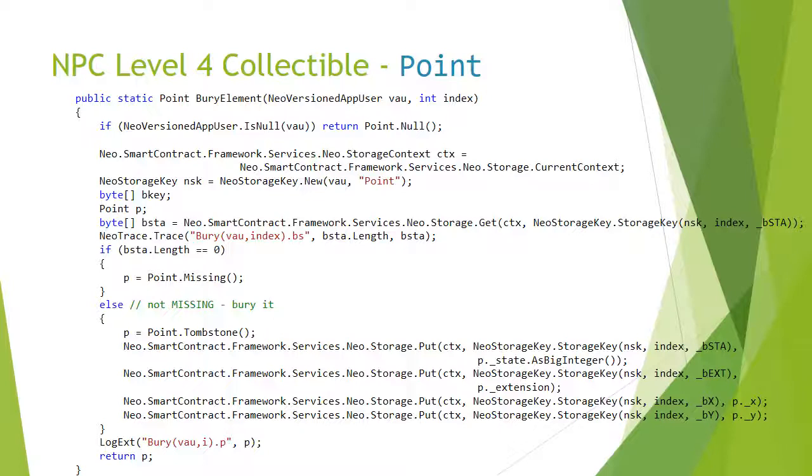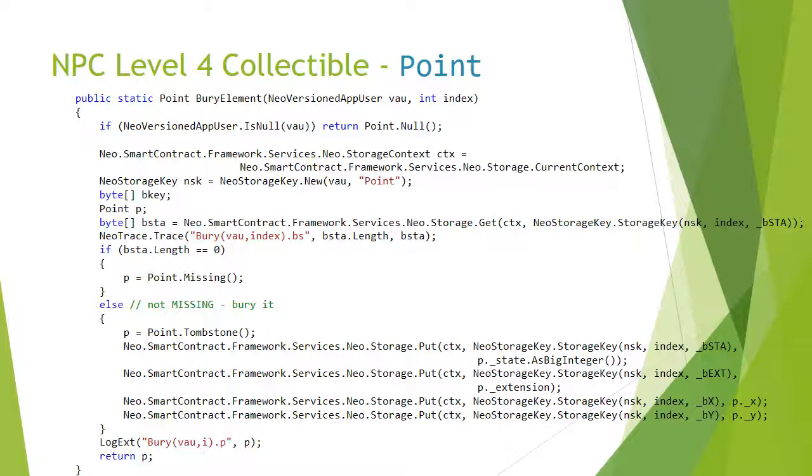So let's look at the methods that need to be defined for each object, for each class of object. There's bury element, put element, and set element. The suffix element, like bury element, means that this is not just bury that takes a string or a byte array. It's the version of bury that takes a network storage key, and you pass in the network versioned appuser,